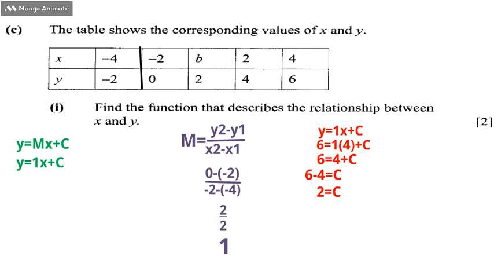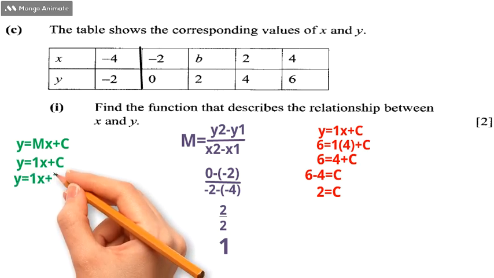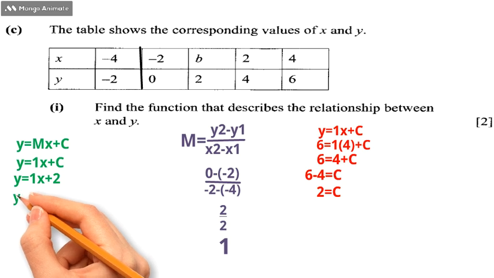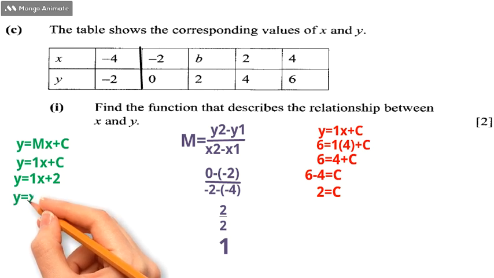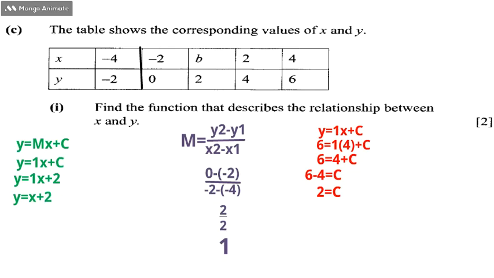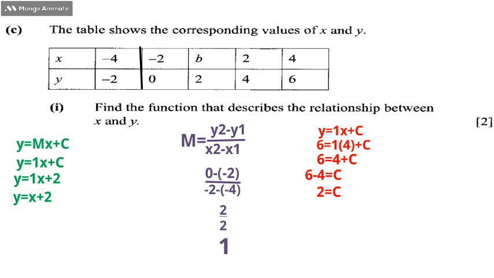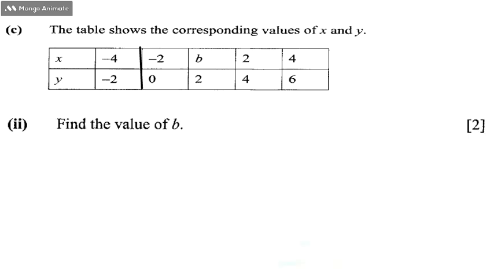Therefore, we can come up with a function which is y is equal to 1 multiplied by x, which gives us x, so we're going to have y is equal to x plus 2. That is the function describing the relationship between x and y, which is y is equal to x plus 2. Now we go to question